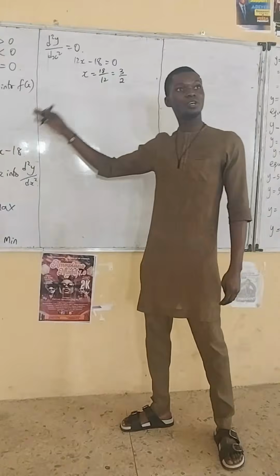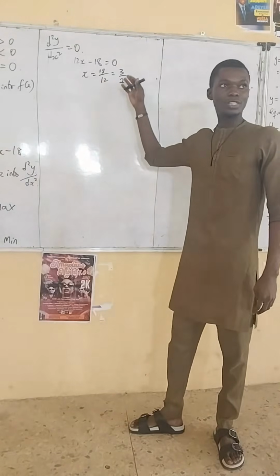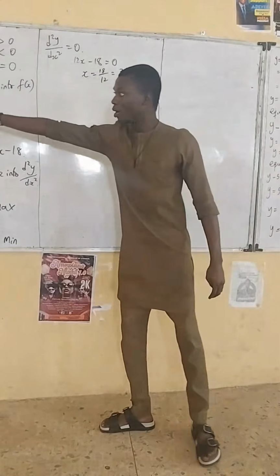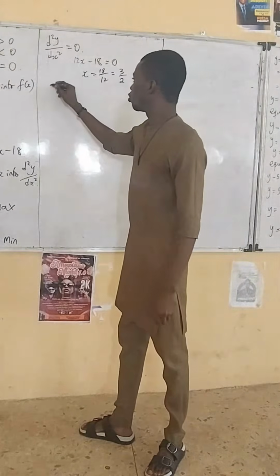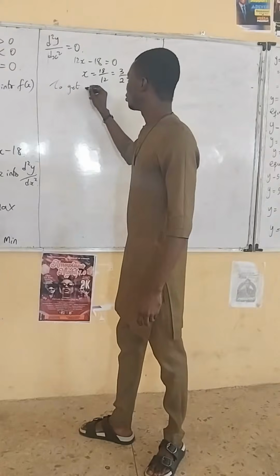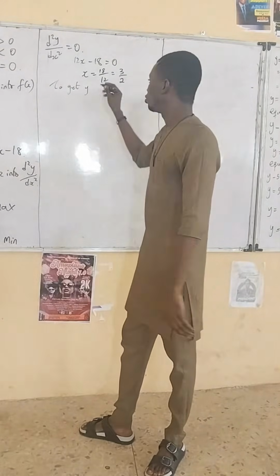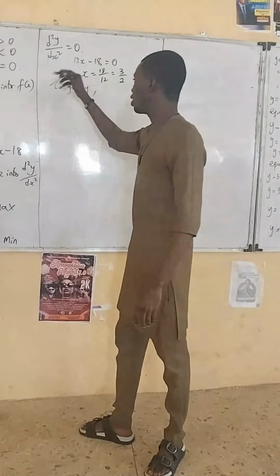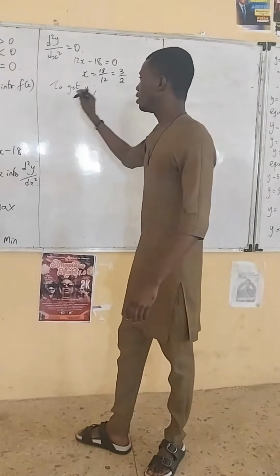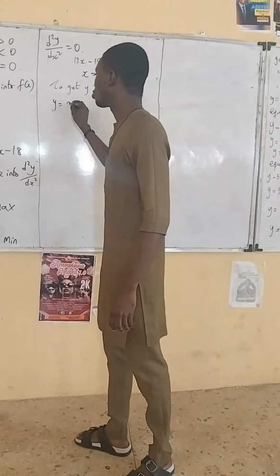Next, second derivative equals to 0. We've gotten our x. Put it into the main question, the main function. We got the value of y. So to get y for the inflection, to get y, put it into f of x. So when you put 3 over 2 there, you're going to have y equals to 2